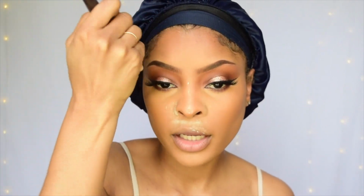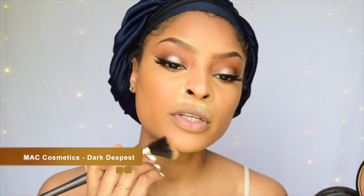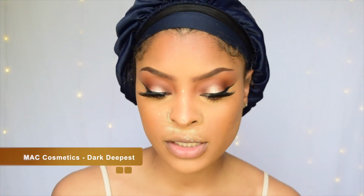And I know I'm doing this a little fast, but you gotta keep up with it. You gotta keep up, honey. I normally OD with the bronzer. Today, I'm not gonna OD. Just gonna lightly go over my skin. This is the MAC Dark Deepest Skin Finish Bronzer. But I don't want to OD because I want to